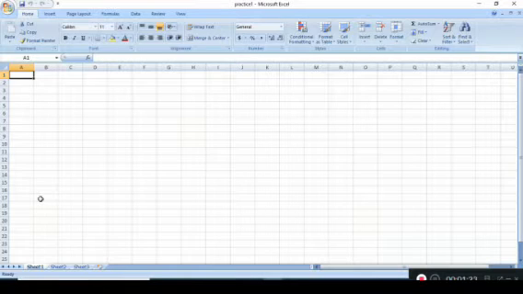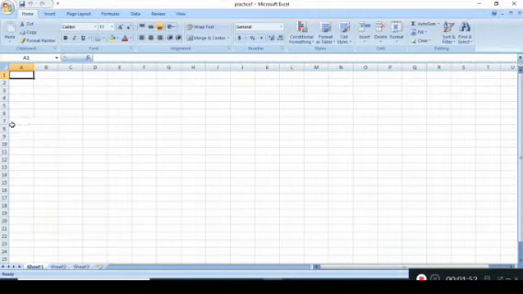Next is worksheet. A worksheet is an individual page of an Excel workbook, known as a spreadsheet. Now you can see here, sheet number 1, sheet number 2 and sheet number 3. It is also called a spreadsheet. It is made up of rows and columns intersecting each other to form cells.